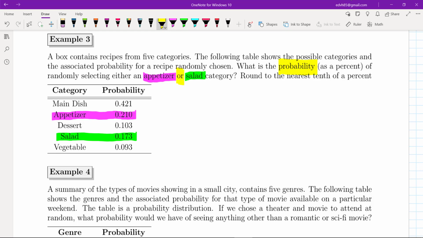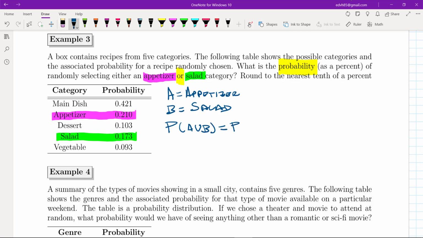Recall that when they ask us to find the probability involving or, all we need to do is add these two. So let's let event A equal appetizer and event B be salad. When we do the or, we're looking for the probability that either A or B, and all we do is add